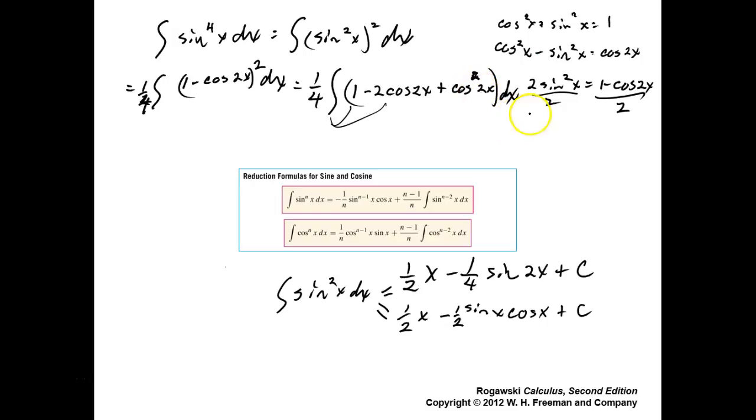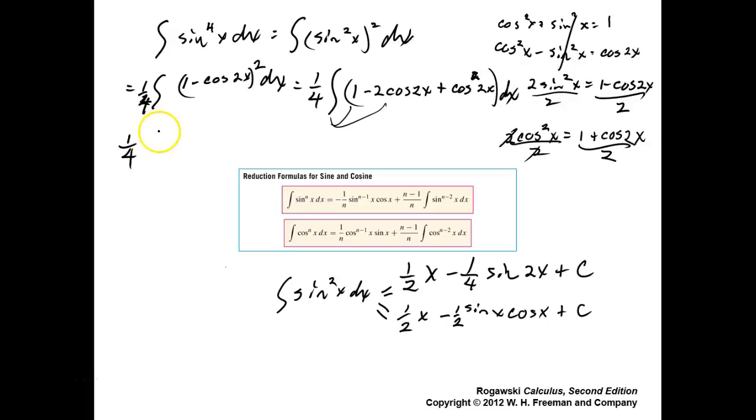And what does that give you? 2 cosine squared x, these go to 0, is equal to 1 plus cosine 2x, right? Divide by 2, and that gives you cosine squared of something is going to be 1/2 of 1 plus cosine of double that something. So, in other words, this now becomes the 1/4